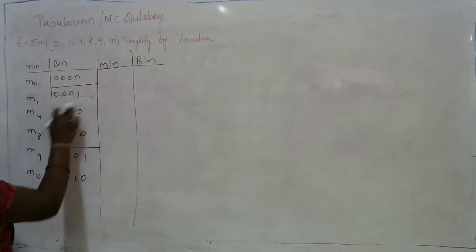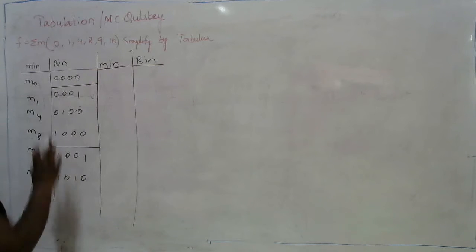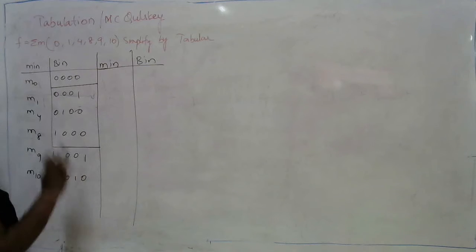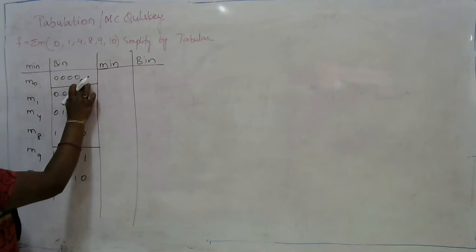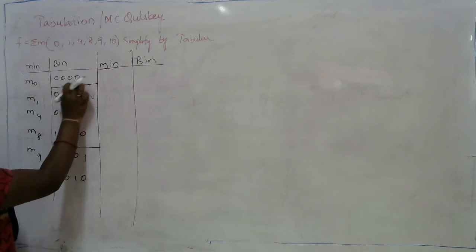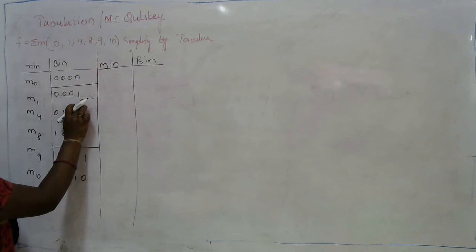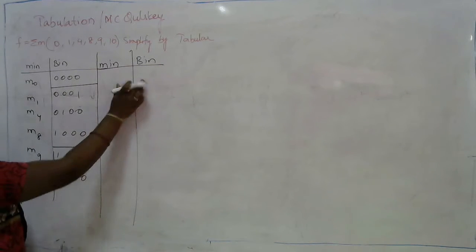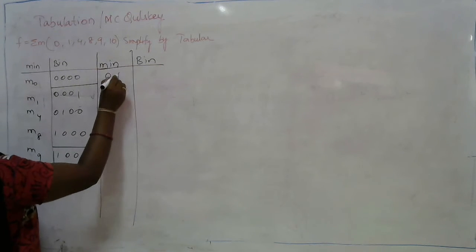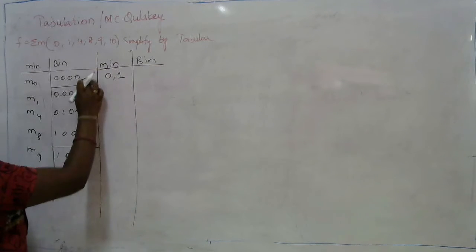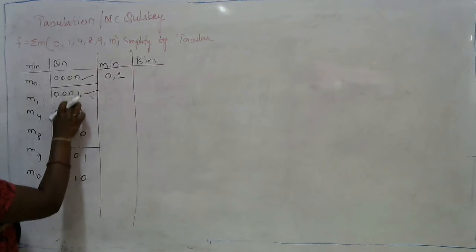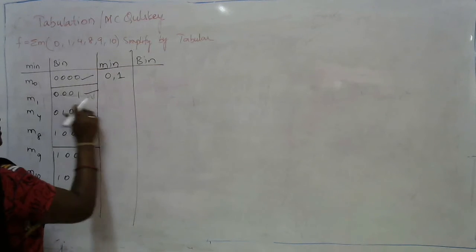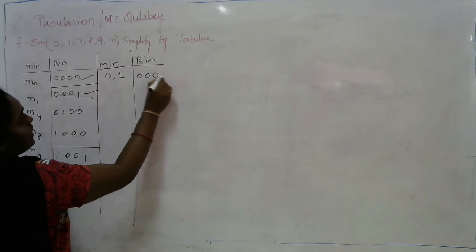So here 0 is compared with 1, and whenever there is a change in a single bit position, please keep a tick mark over here. There is a significance of this tick mark at this point. So here I am comparing M0 with M1, as there is a change in a single bit position, that is the last bit position. If we have a change only in a single bit position, only those terms I need to write down over here. So 0, comma 1 are changing in a single bit position. I am keeping a tick mark for this. And wherever there is a change in the corresponding bit position, keep a dash mark at this point. So here the change is in the LSB. So I am writing 000 dash.